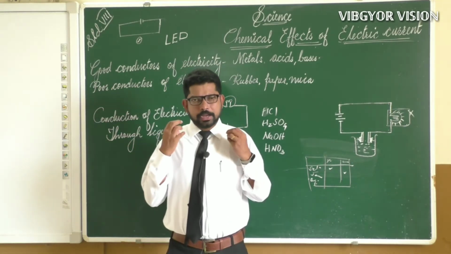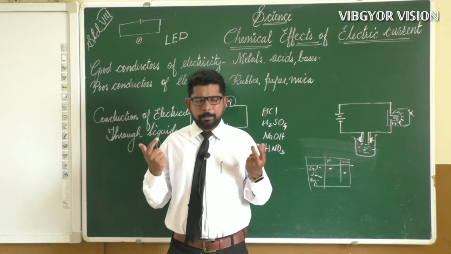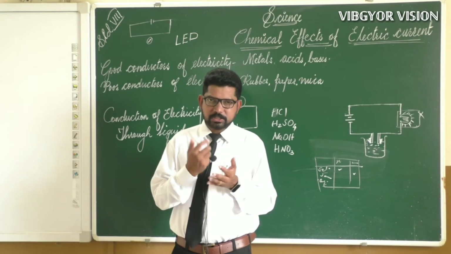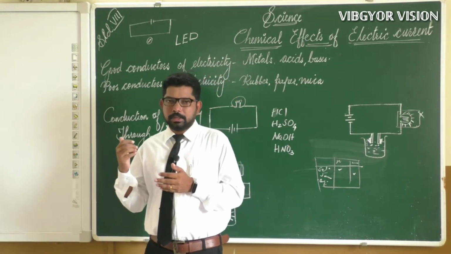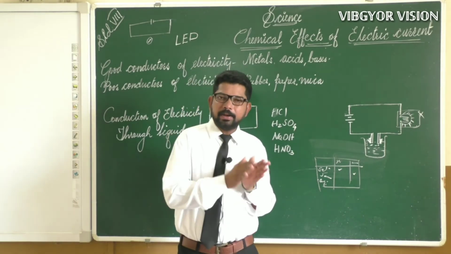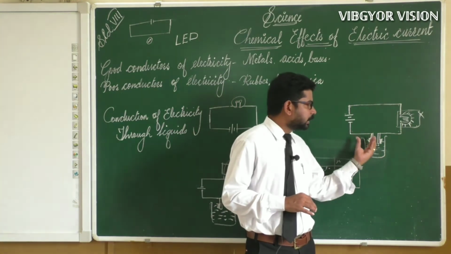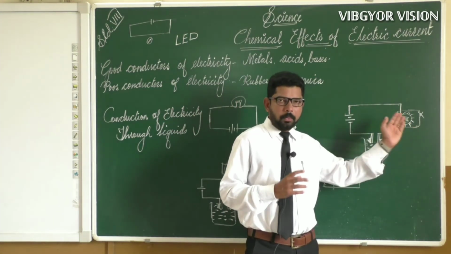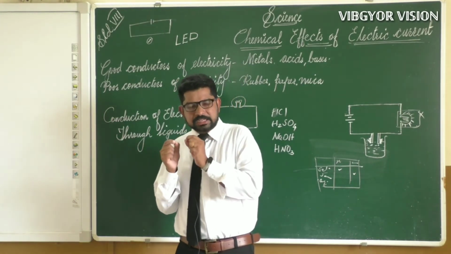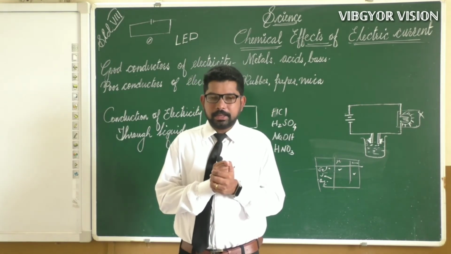We know LED is used in many toys, music systems, and many other places we can see. This LED indicates that the device is working, or it is used to give out light. And one more thing, LED is entirely different from a bulb. If the electricity flow is very little, the bulb will not glow, but the LED can glow. So even a very little flow of electricity can be indicated with the help of an LED, that means a light emitting diode.